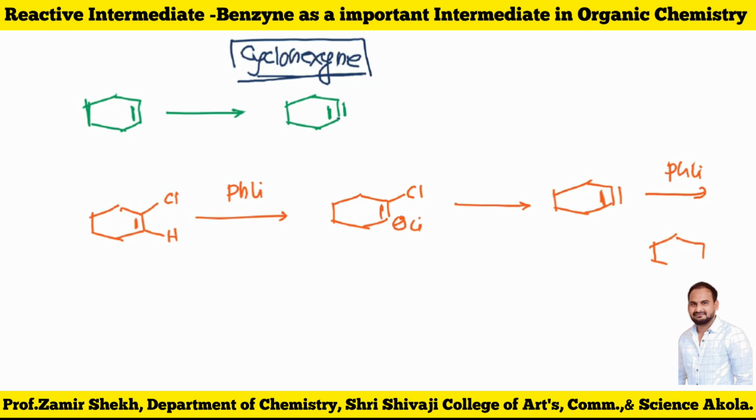Now look at the reaction from which we can prepare the nucleophilic addition product of cyclohexyne. So various reactions are possible on cyclohexyne also, but how to generate it is the more important phenomenon. From the substituted cyclohexene, we can prepare that molecule. So by considering all these factors, we can simply explain that arynes are highly reactive intermediates, right?